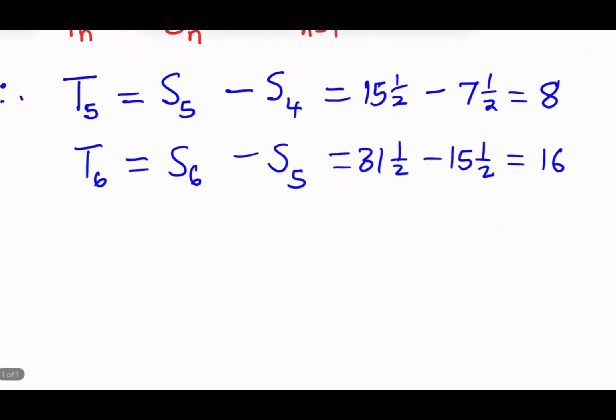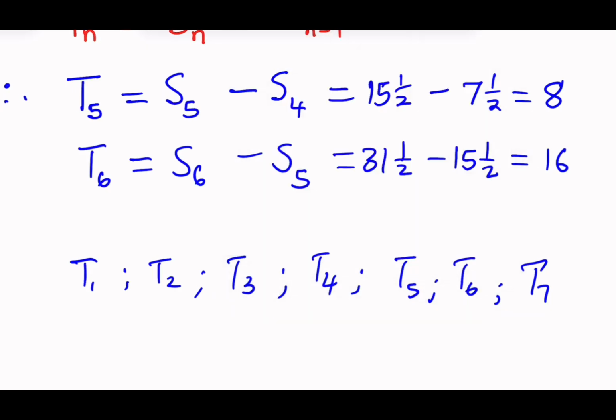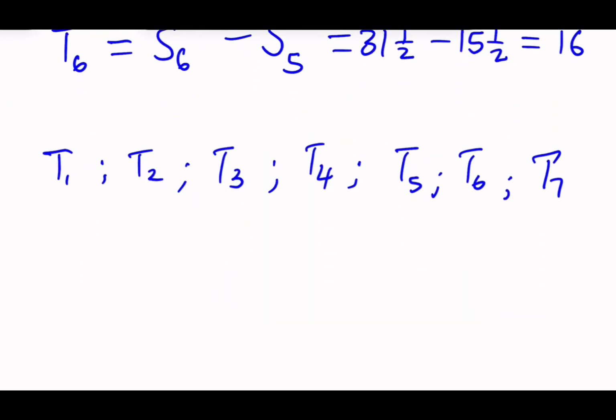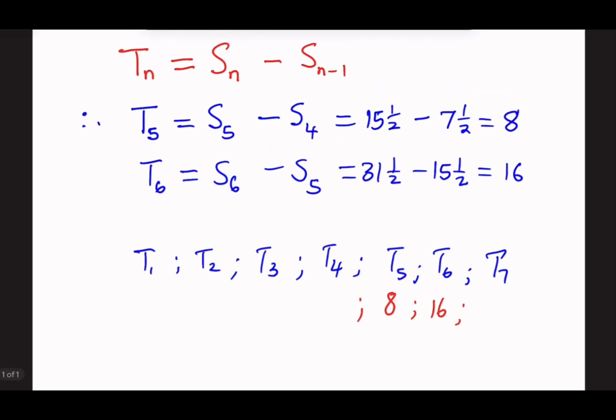So you have in a sequence where you've got T1. I don't actually need to write this at all, but I'm just going to write it anyway. You've got this in your sequence, T5, T6, T7. Well, I can keep going, but what I just want to emphasize is that now I know that this is 8 and this is 16. I don't know anything else, but at least I know that after using the given information, I was able to